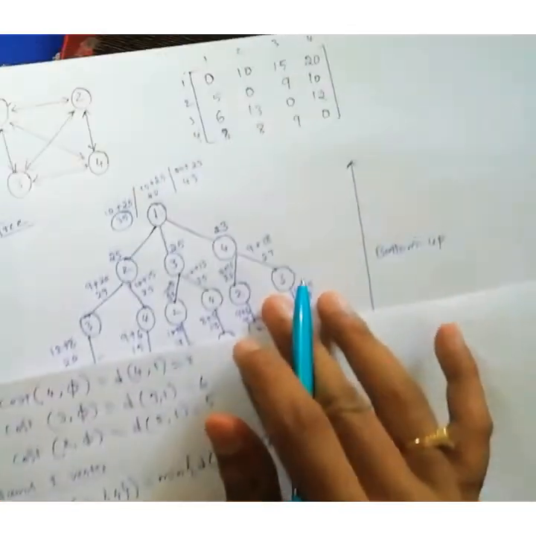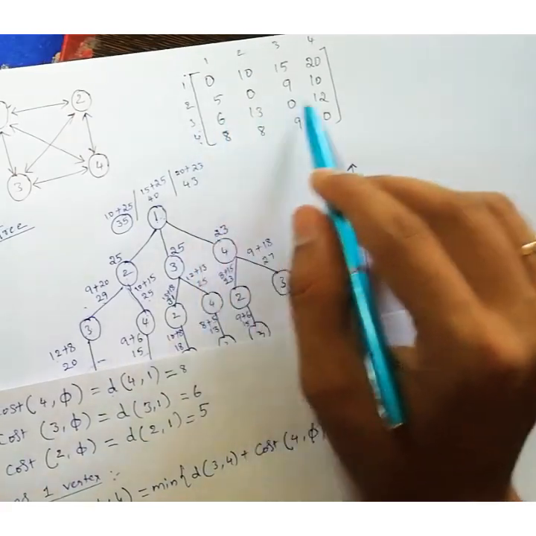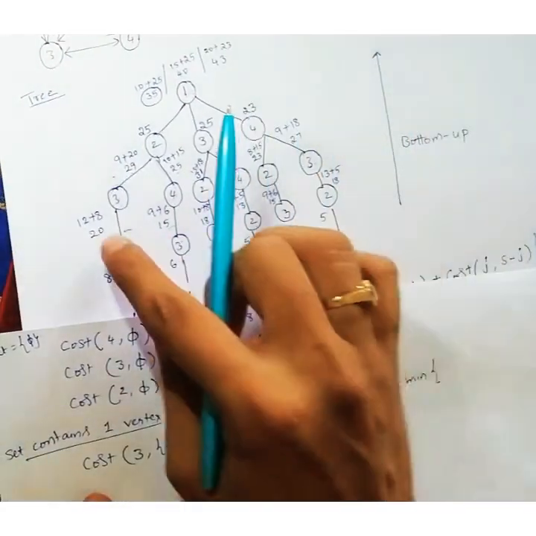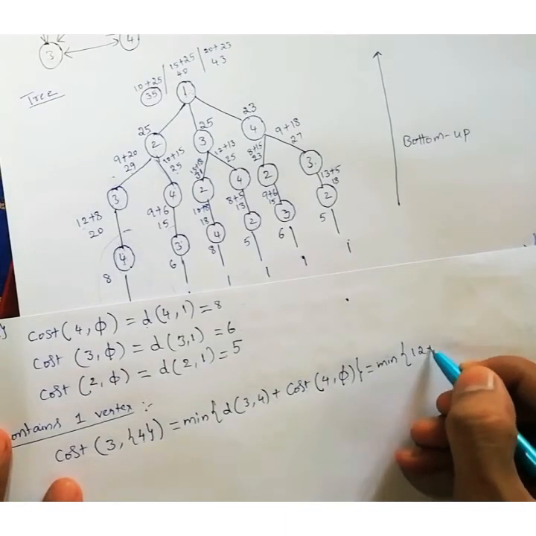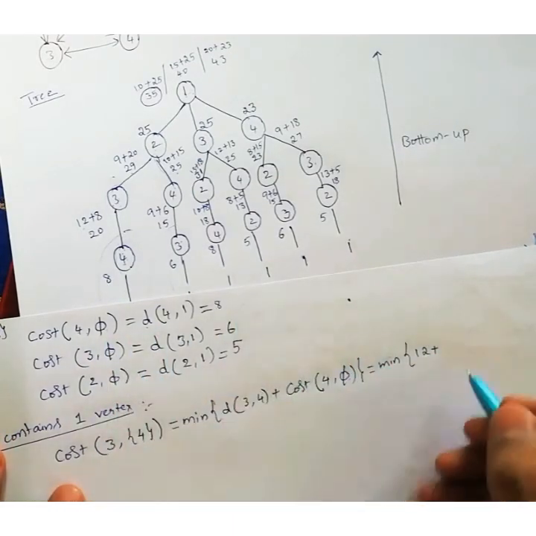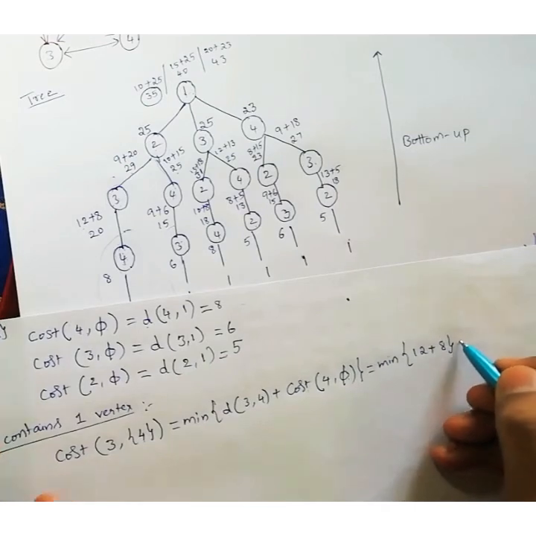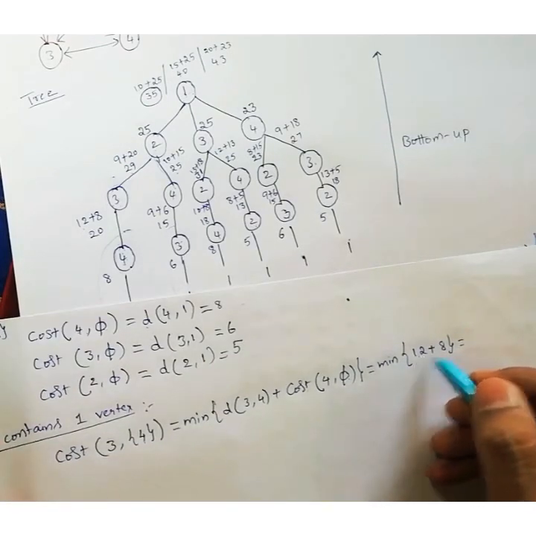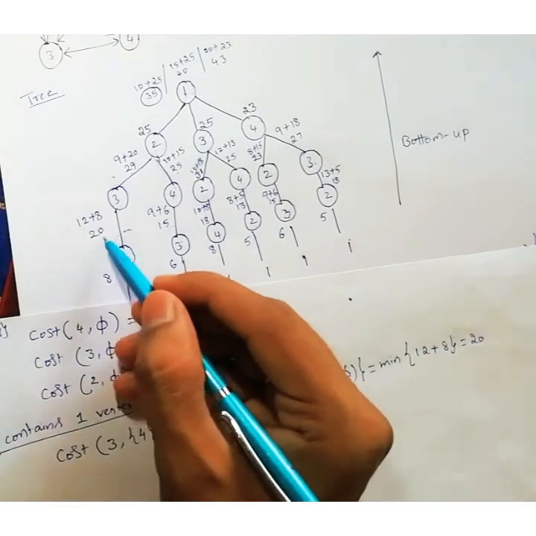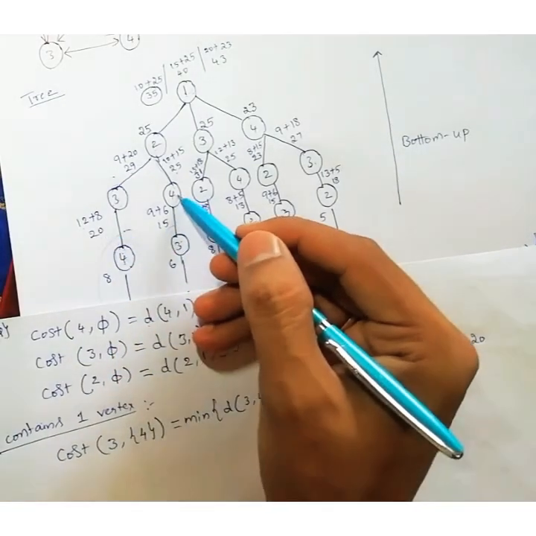If you want, you can see the matrix also. Distance from 3 to 4, that is 12. Or here I have written already for your understanding, so we can use that. So that is 12 plus cost of 4, that is 8. So what is the total one? We are having only 1, so no need of minimum also. So total 12 plus 8, 20. So manually here also we calculated the same thing. Now calculate from 4 to 3.